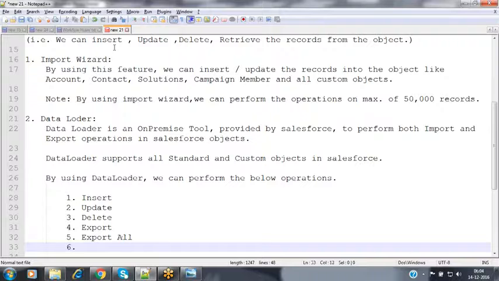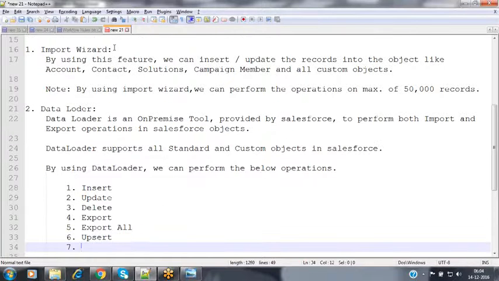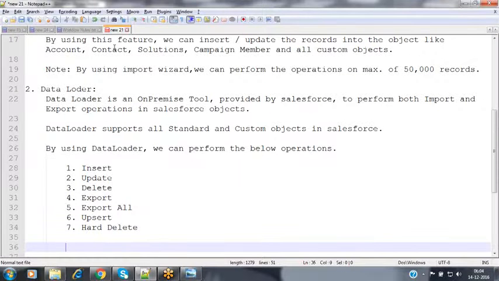Then the upsert operation. And the seventh one, hard delete. These are the various operations we can perform with the help of this Data Loader. In order to perform these operations, we have to install Data Loader on your local system.